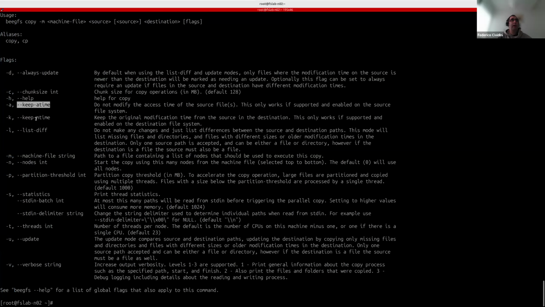In particular, for update, there are some options for the access or modification time if you want to preserve that. No, sorry, these are also for the copy. If you want to preserve access time or modification time in the copy, or you can also specify different conditions on the modification time for the update, and you can also specify the partition